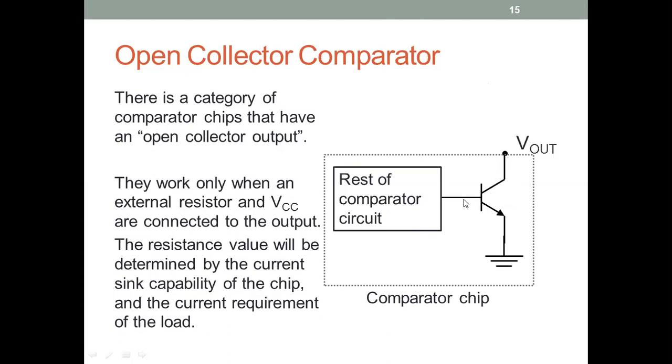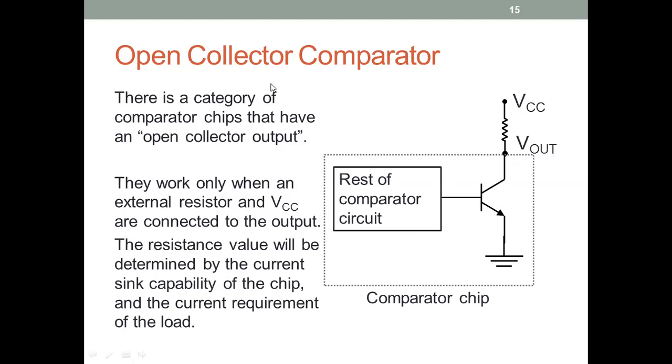So imagine that the voltage here at the base of this transistor is high, then the transistor is on, but nothing is connected to it. So no current flows through it. And so this comparator does not work as it is. In order for it to work, you have to connect something to it. So usually what you do is you connect a resistor and then the supply voltage, the plus 12 volt here, and this resistor. So now with this, the comparator will work.